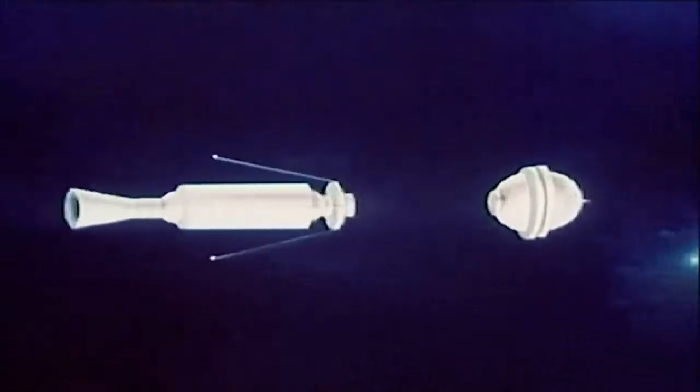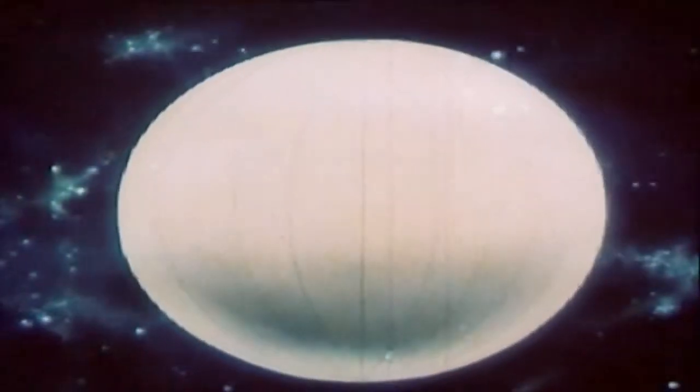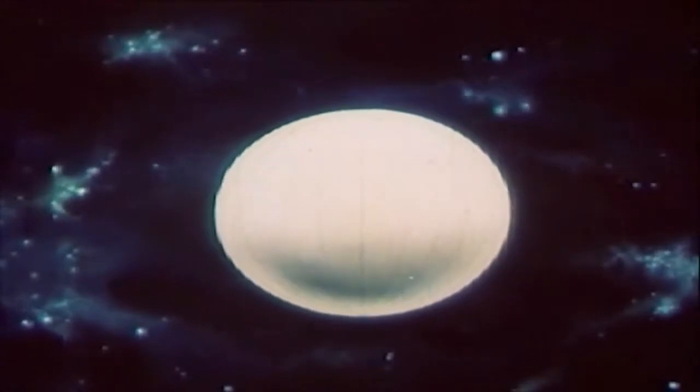But Echo 1 and 2 were designed to stay in space and not be subjected to re-entry pressures. So after a number of years in space, both balloons finally came back into the atmosphere, burning up on re-entry. The next big push for the inflatable ideas came up again as NASA researchers began considering landing the Viking landers